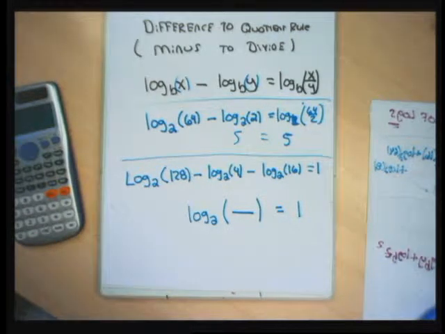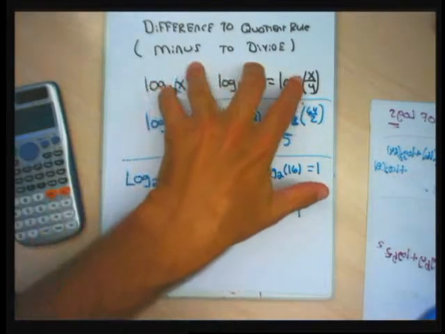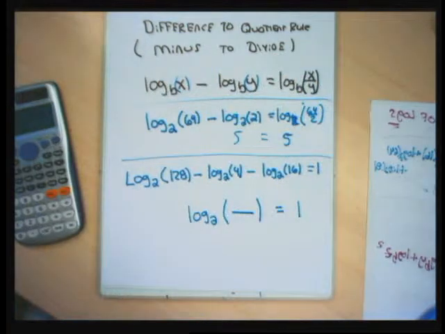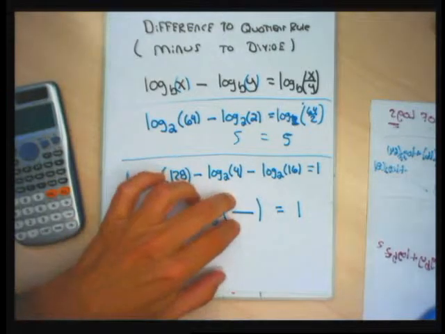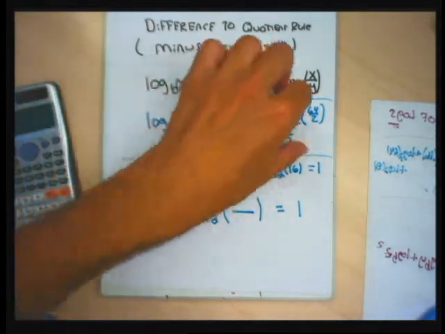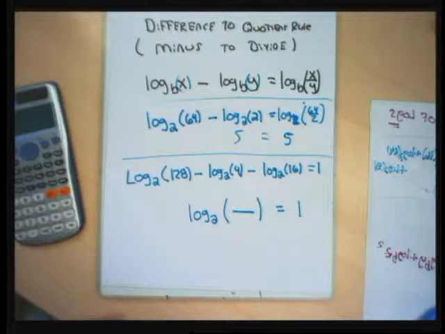So I have to decide where to put the 128, the 4, and the 16 to properly use the minus to divide rule. You can play around on your calculator and try to get a fraction in there with the numbers 128, 4, and 16 placed properly in the numerator and the denominator,